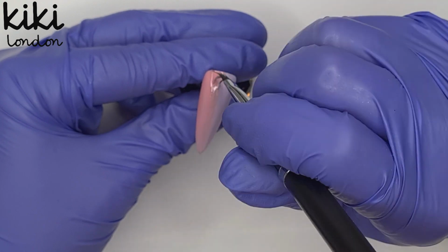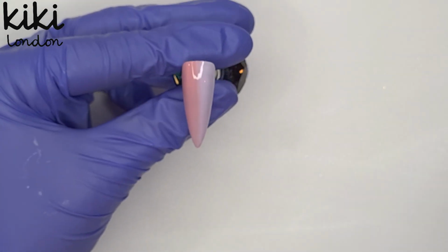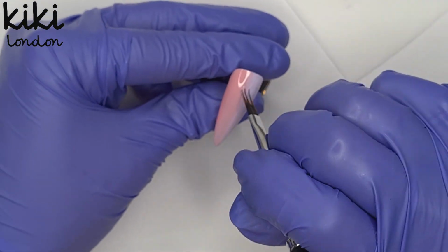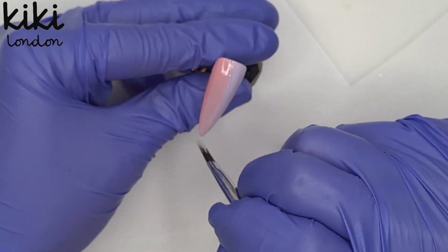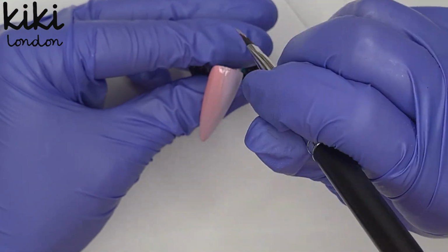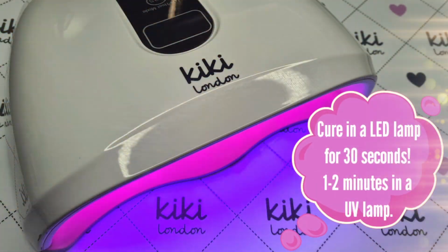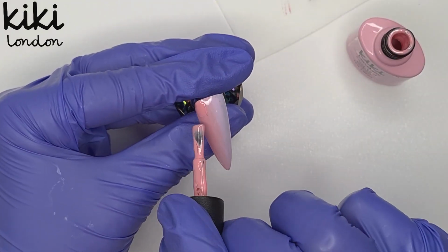Now to do the vertical ombre, I focused on the very centre of the nail to begin with, just to get rid of that harsh line and get that blended in a little bit. I'm not too worried about creating a perfect ombre or a perfect fade on this first coat of colour. I'm just taking the colour and blending it with the ombre brush just so there's not that harsh line there, like I said. Once I've got rid of the harsh line down the centre, I'm taking the pink over to the lilac and then the lilac over to the pink. I then pop that in to cure for 30 seconds